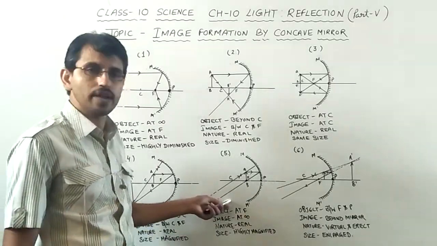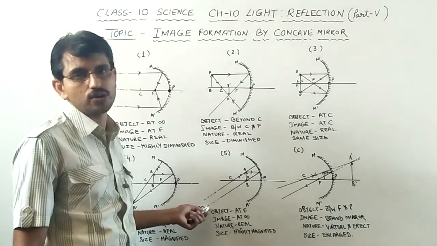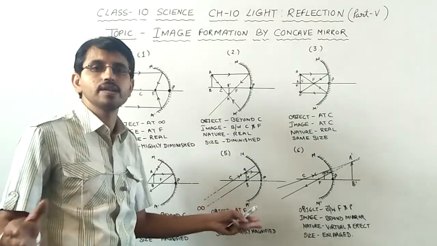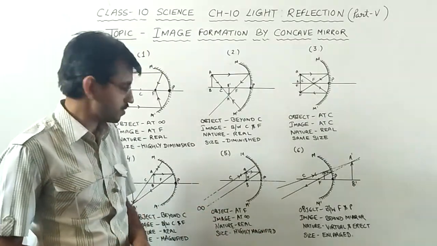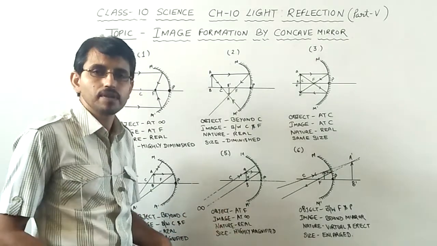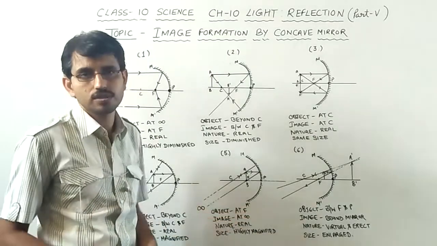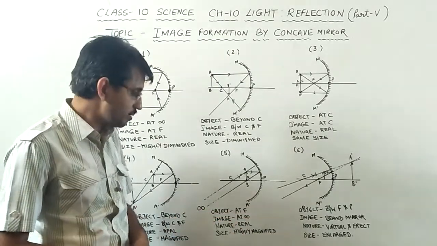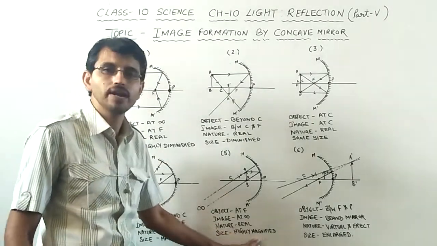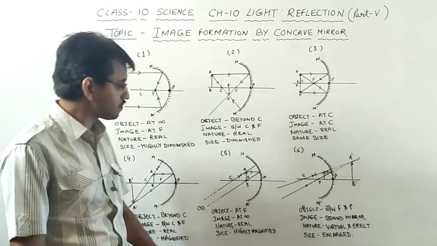So this is the important case, usually asked in exams: the focus. The two light rays are parallel to each other. They won't meet, so practically there is no image formation in this case. The image will be formed at infinity, and where infinity is we don't know, so the size of the image would be highly magnified in this case, not diminished. The image would be magnified, highly magnified rather.